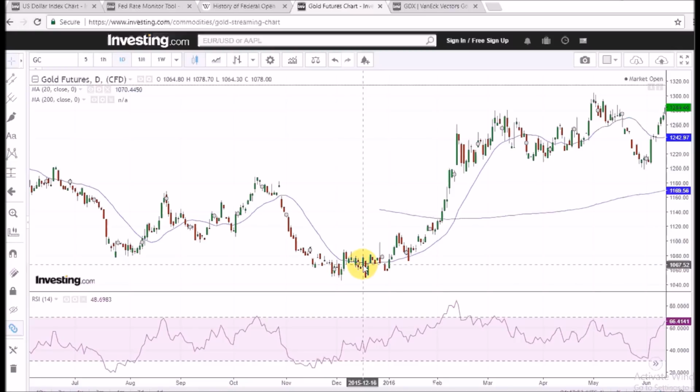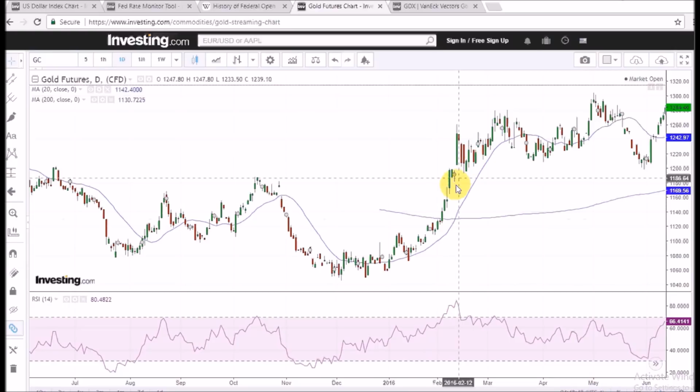So generally, in expectation of a Fed rate hike, of course, gold moves down. After the Fed rate hike takes place, what happens is sort of a sell the rumor, buy the fact behavior. After the rate hike takes place, there is not much reason for gold to experience downward pressure, and it either languishes at the level where it is or tends to move upwards. That's what happened in December 2015.